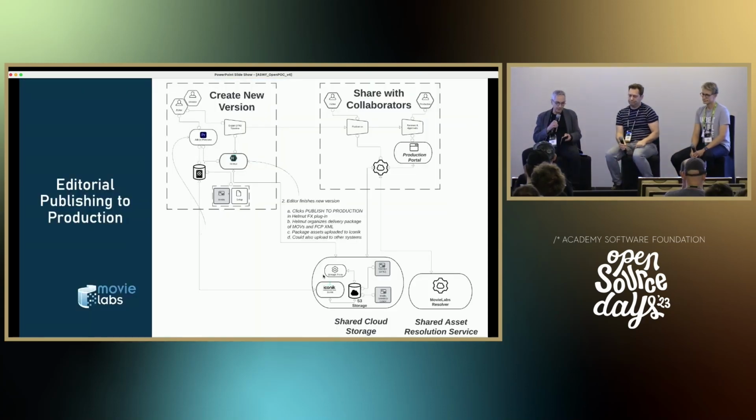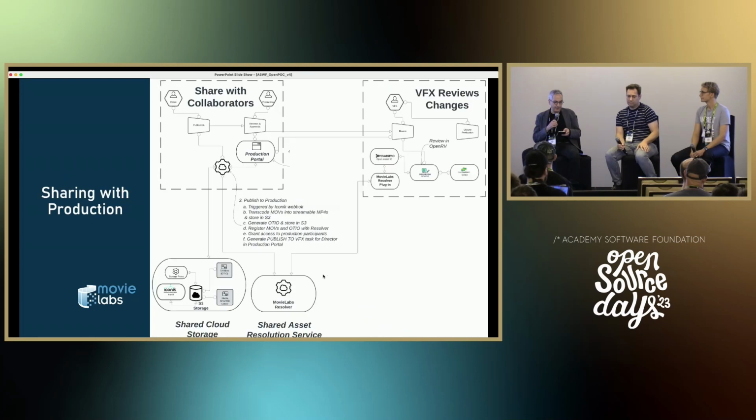Yeah. And so here's what Chris just described, clicking on publish to production in Helman FX, which then triggered that bit of automation. And after that, there's another bit of automation that happens in our middle box, which is the publication to the other collaborators within the production. And so that, as Chris mentioned, is triggered by, in this case, a webhook hanging off of Iconic.